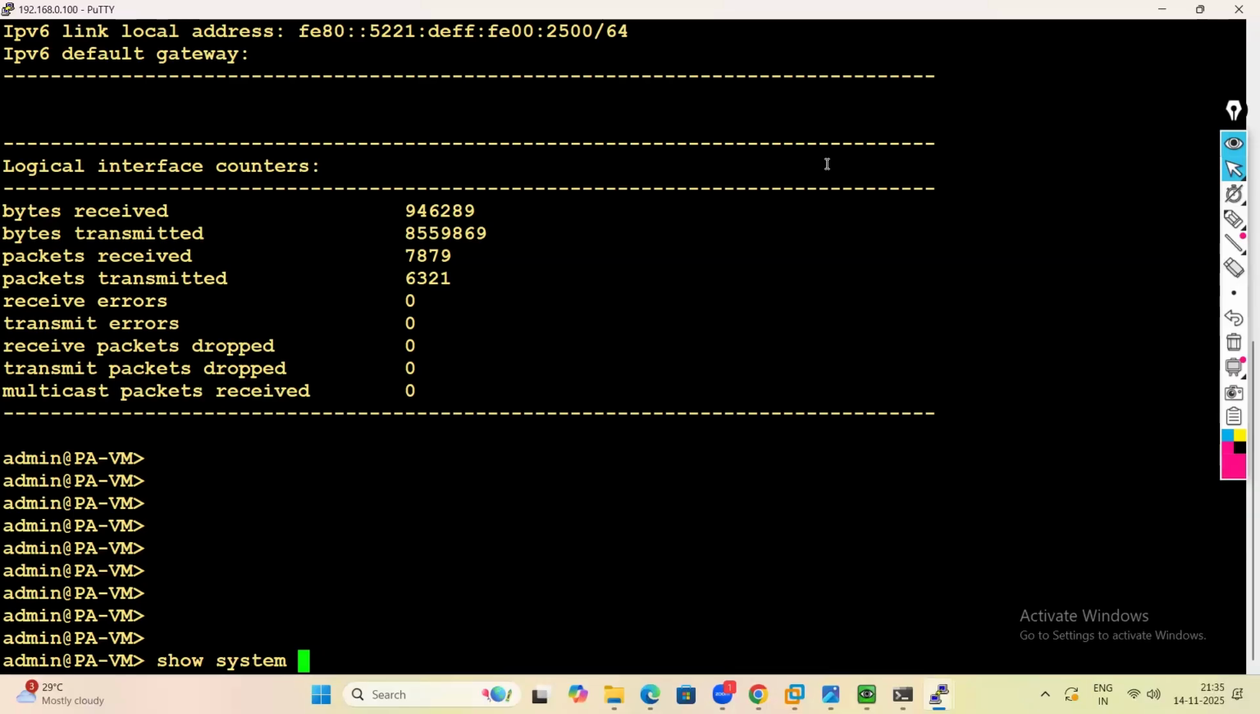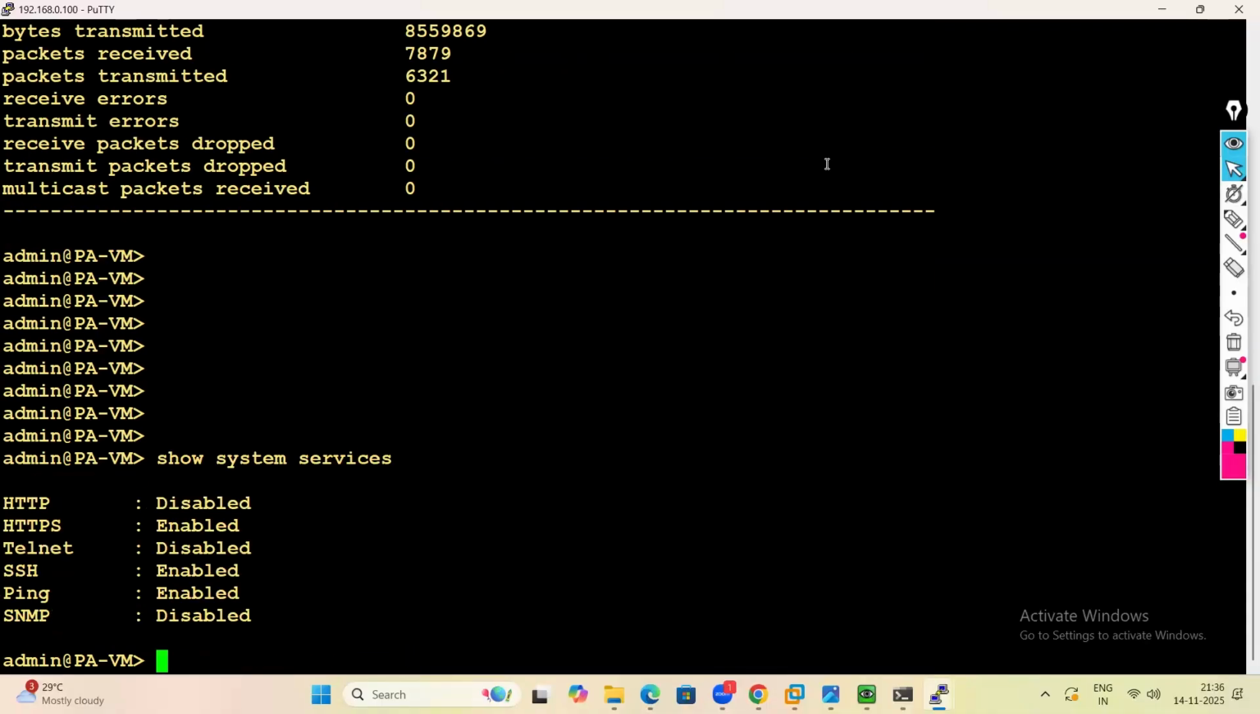Okay, so show system services. System services is the command to verify what administrative services are enabled on your management interface right now. Okay, you can see HTTP is disabled, HTTPS is enabled for GUI access, Telnet is disabled, and SSH is enabled for CLI access, and ping is enabled